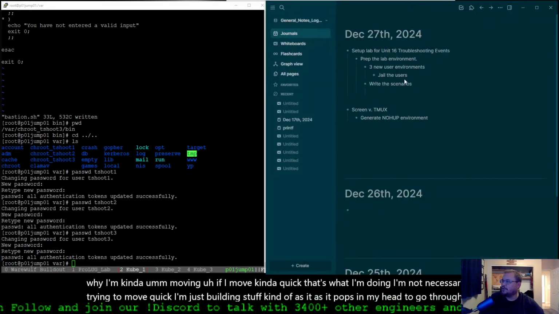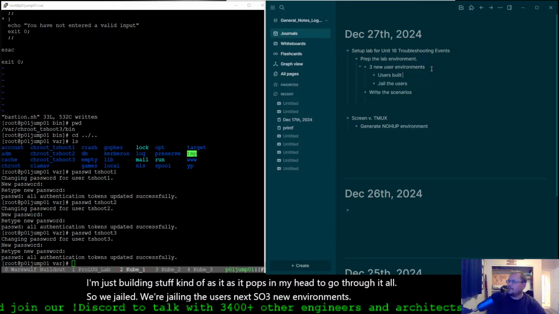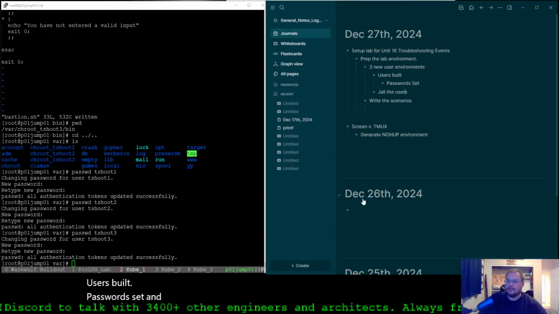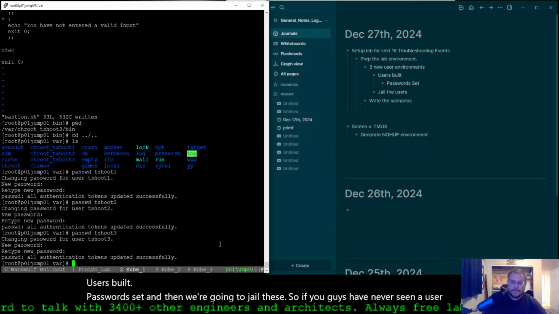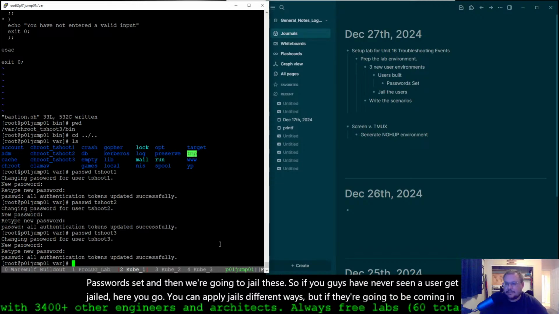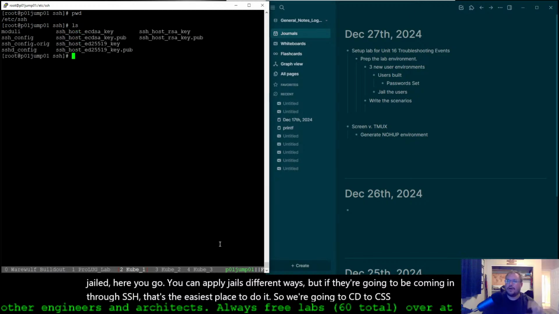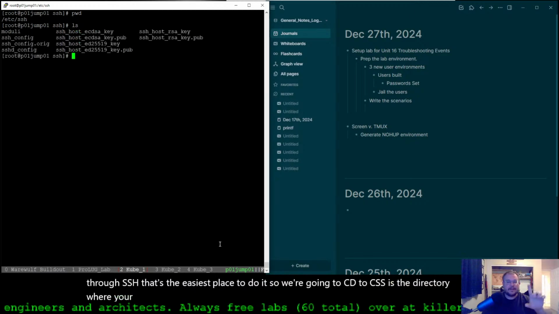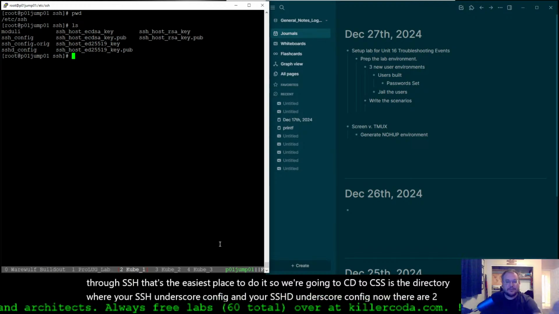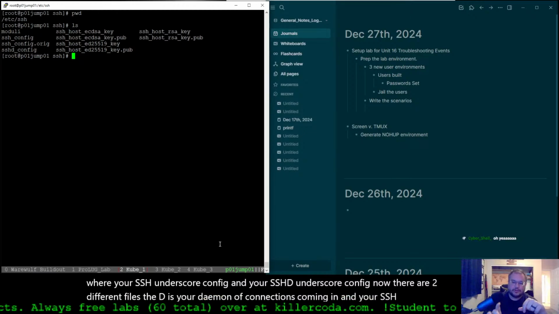So we're jailing the users next. So 3 new environments, users built, passwords set, and then we're going to jail the user. So if you guys have never seen a user get jailed, here you go. You can apply jails different ways, but if they're going to be coming in through SSH, that's the easiest place to do it. So we're going to cd to /etc/ssh. /etc/ssh is the directory where your ssh_config and your sshd_config are. Now, they're 2 different files. The D is your daemon for connections coming in, and your ssh_config is your connections going out